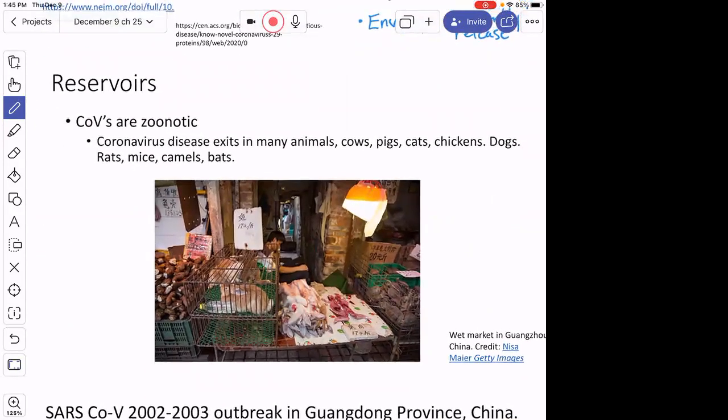Reservoirs: where did these coronaviruses come from? We heard a lot about this in the early days of the epidemic, about these wet markets in China and Wuhan, because two of the people that were first discovered to have COVID-19 were workers in these wet markets. Wet markets are places where they sell all kinds of food, fruits and vegetables, as well as butchered meat, as well as live animals,